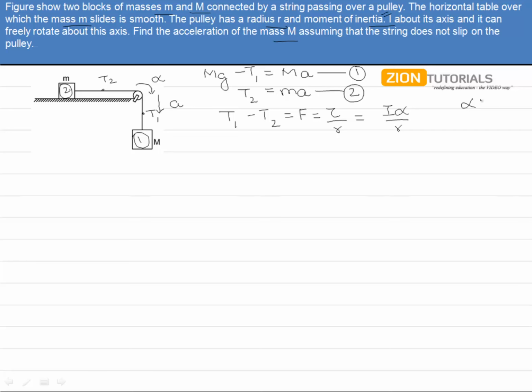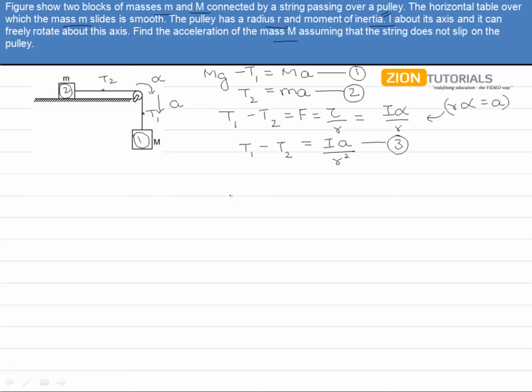And since we all know that a equals alpha into r, we can put it over here and write it down as T1 minus T2 equals I a by r square. Marking it as equation number 3,